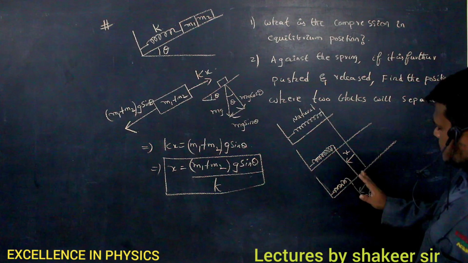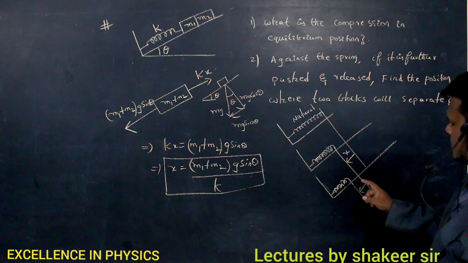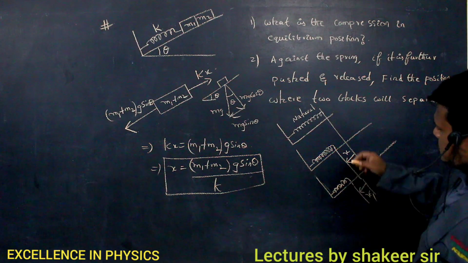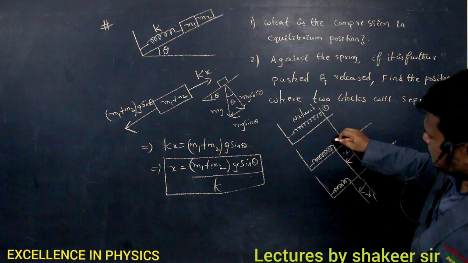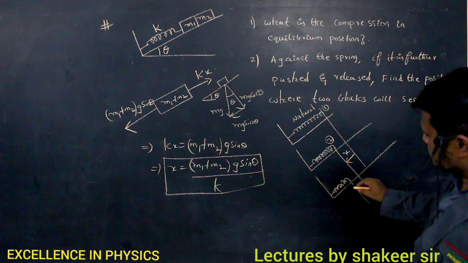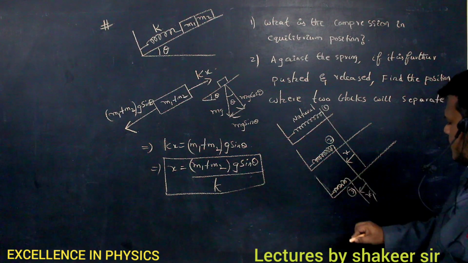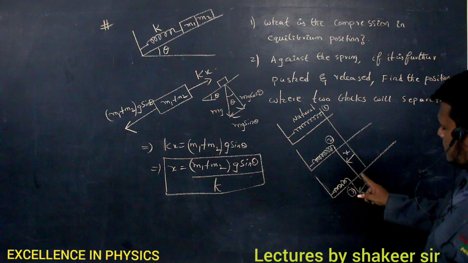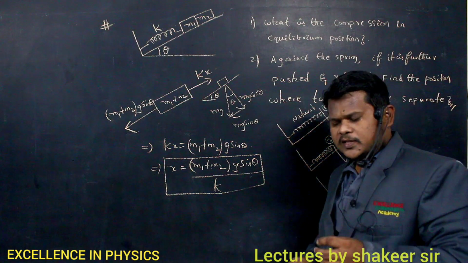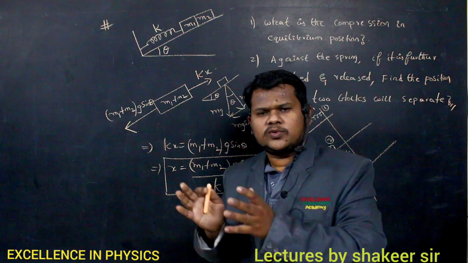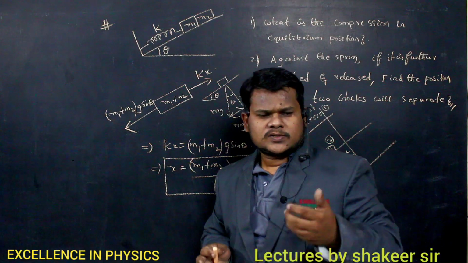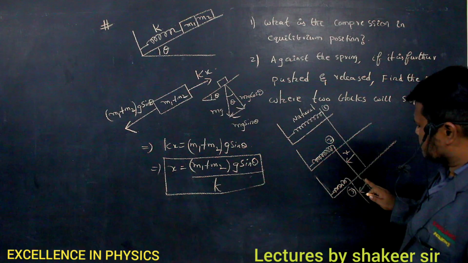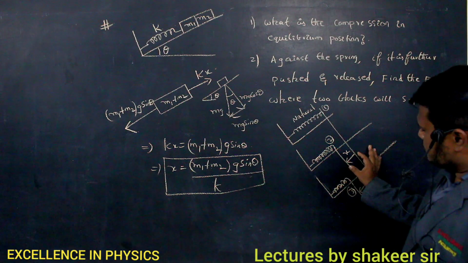So here also the spring is not present in its natural length. So from here again it will go to this position. So let us consider this is position number 1, this is position number 2, and this is position number 3. So first of all it will move from position number 3 to position number 2. In the process of going from 3 to 2, what is happening? The spring is still compressed. So in traveling from 3 to 2 also, there is still a compression of x here.